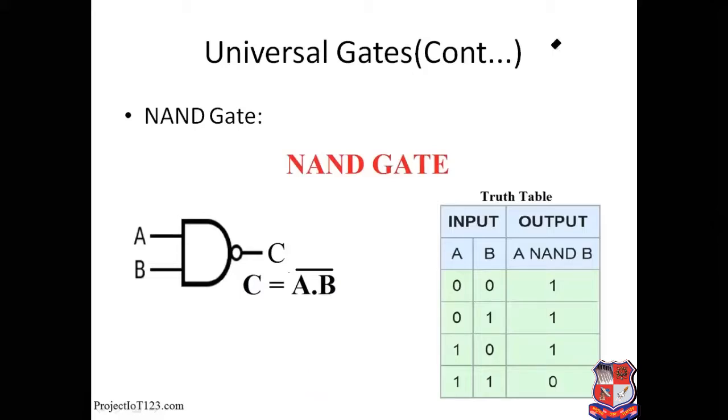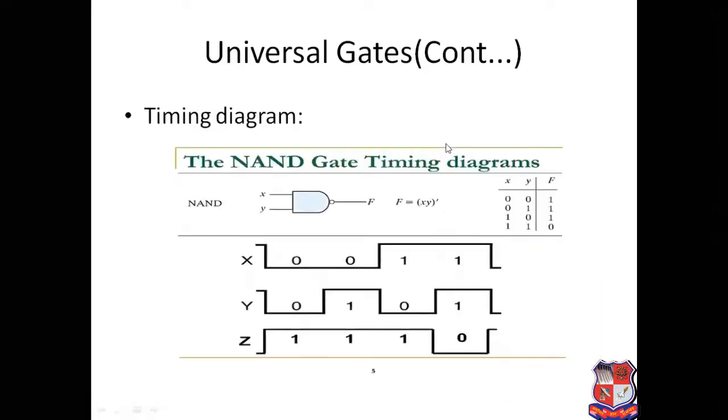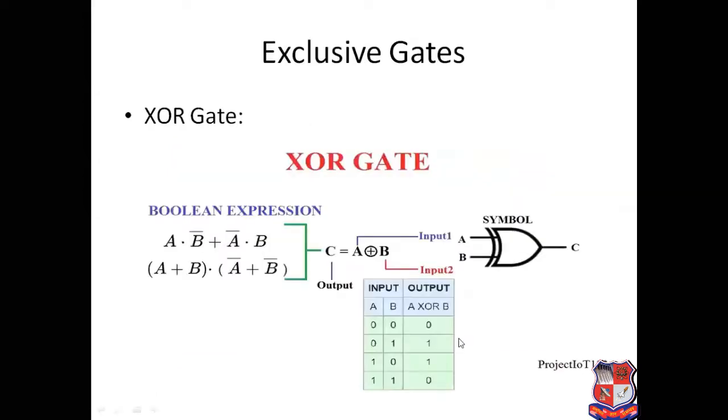So next we will see another gate, which is the exclusive OR gate. So here it is the timing diagram. If both the values are 0, 0, then your output should be 0; for 0, 1, the output should be 1; for 1, 0, the output should be 1. And if both the inputs are 1, 1, then your output should be 0. So the next gate is the exclusive OR gate or XOR gate. So here we have two gates, the XOR gate and the XNOR gate.